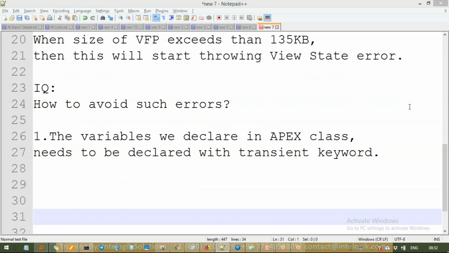It means whenever you are going to declare any kind of variable in an Apex class, then declare it with the transient keyword. So what will happen, I'll tell you. So transient means